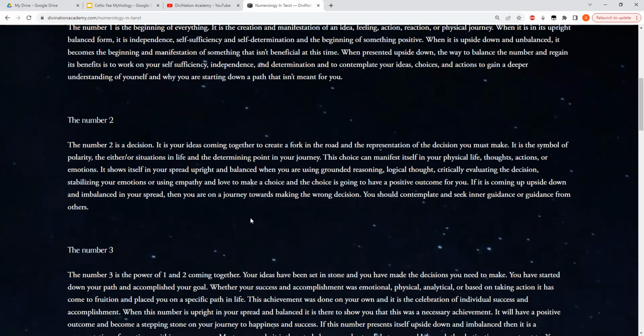And that they're a very decisive person, that they always use empathy and kindness and critical thinking and logical thought and reasoning to make their decisions. They might typically tend to be the person in the friend group who makes all the decisions for everybody. They might be a leader. Their job might entail having to make tons and tons of decisions all day long. They might be the type of person who in their romantic relationship always makes all the decisions.